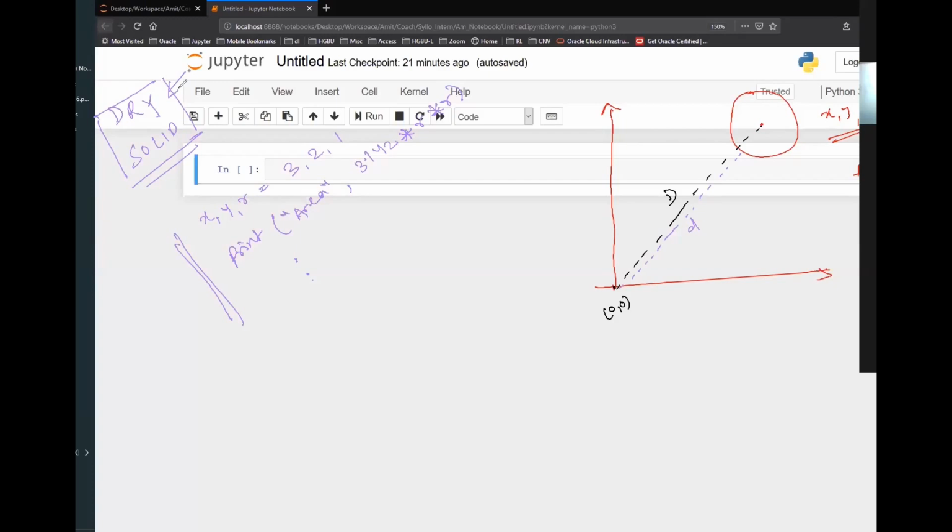Okay, now let's say I have built this application, I have written this code, and I want others to use this code, right? Now if others are trying to use this code or this logic, maybe they will be doing a few more things.